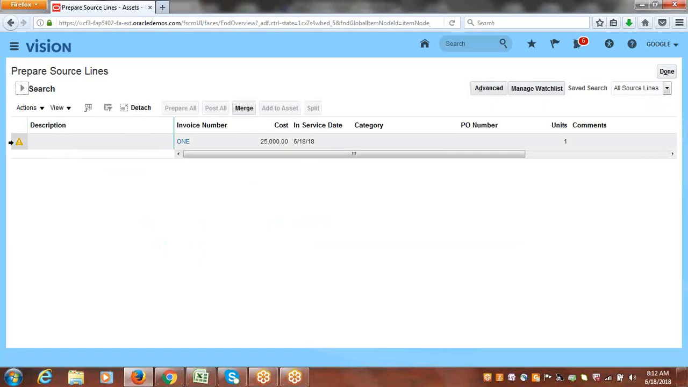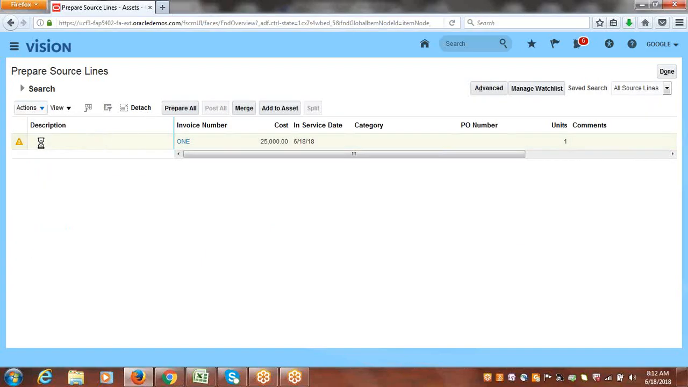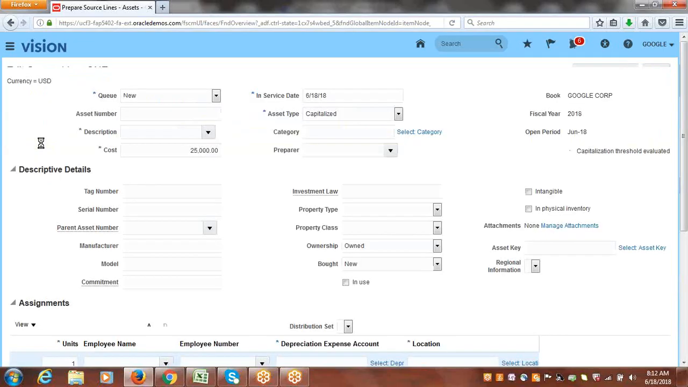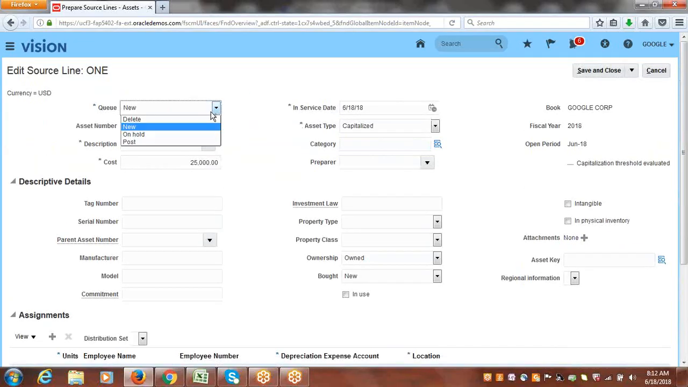So now what we have to do is select it. We have to prepare it. Select, go to actions, click on edit. We know when a line gets interfaced to FA from any other source, it could be AP or projects, we could see the status as new, right? To prepare it, we have to change the status to post, and we just add mandatory information here, add description,